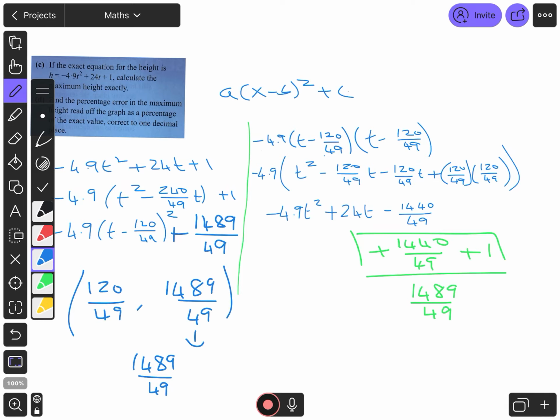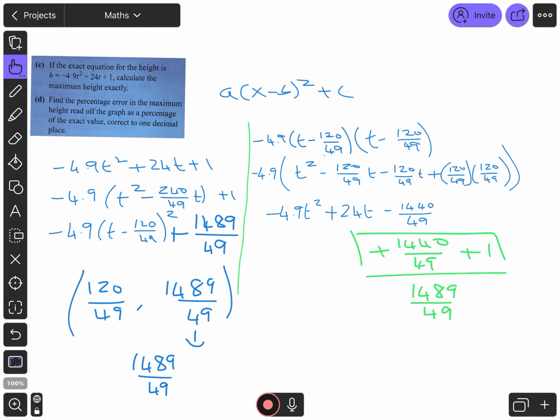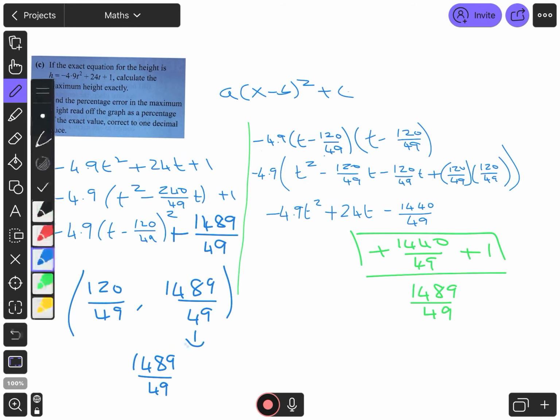And if you check what that is, it's 31 point something, and that's in and around what we wanted. Let me just double check and make sure that's what it is. 1489 divided by 49. And that is, yeah, 30.38. And our part D then is talking about find the percentage error. So this one here, this is the exact, a percentage error was when we got 31. So if I take my 31 and minus this, it'll give me how wrong I was. And that answer is 30 over 49,